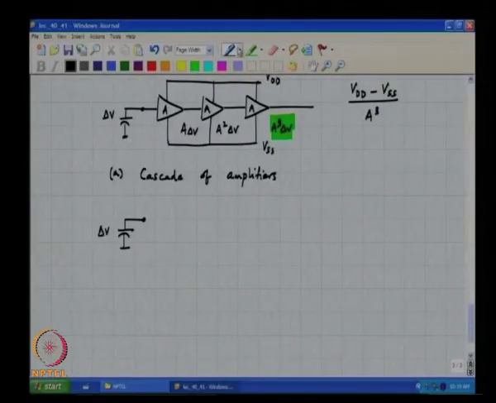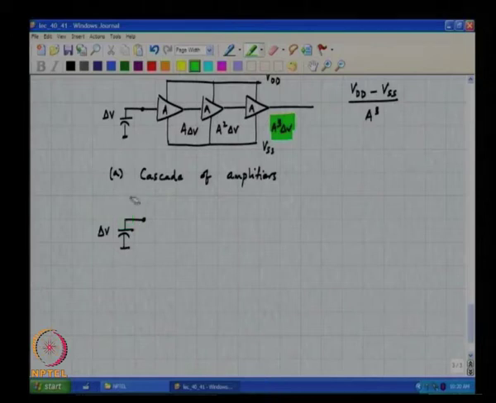So, how do you now push this node voltage up if delta V is greater than 0? What I mean, if you want to push a node voltage up, what should you do? You want to push current in, but that current must be dependent on delta V. So, if delta V is positive, you want to push current into the node. If delta V is negative, you want to push current out of the node.